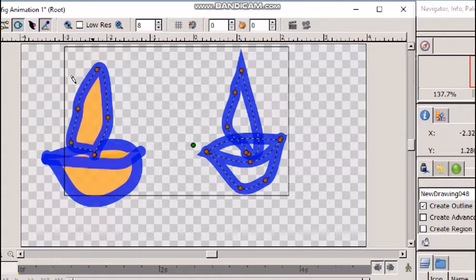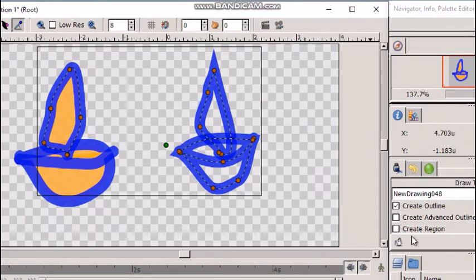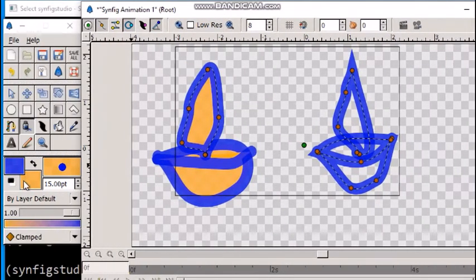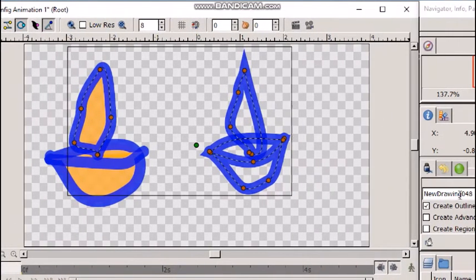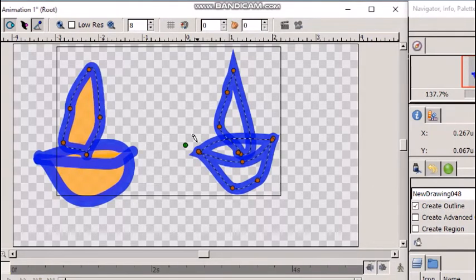Now in this figure, we had selected both options, create outline and create region. So the fill color and outline color both are present in this figure. Fill color is this and outline color is this. Now here in this figure, we had only specified create outline. So here fill color is not present, only the outline is present.